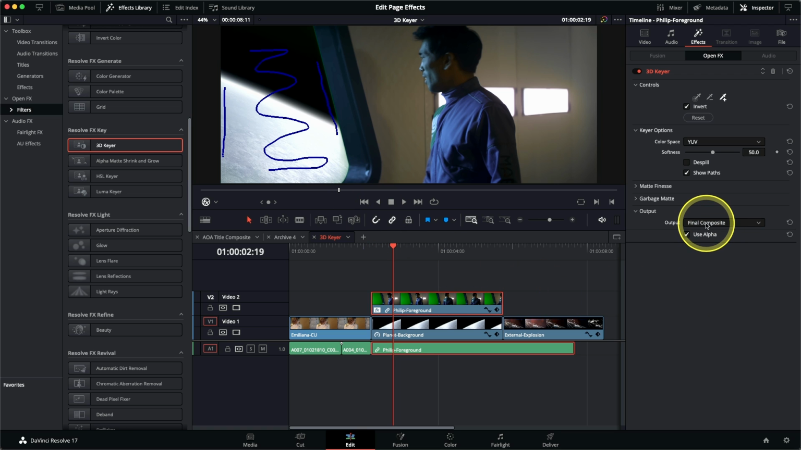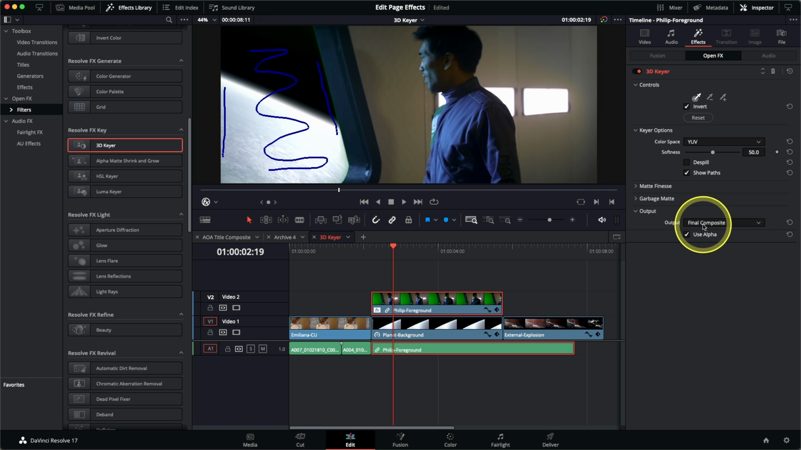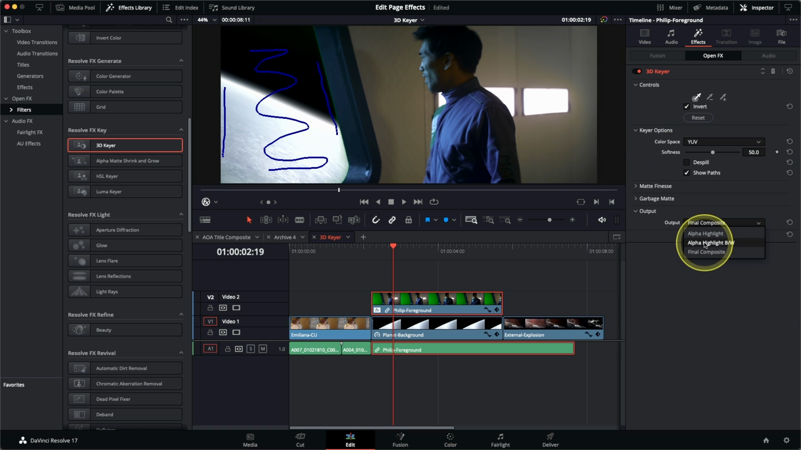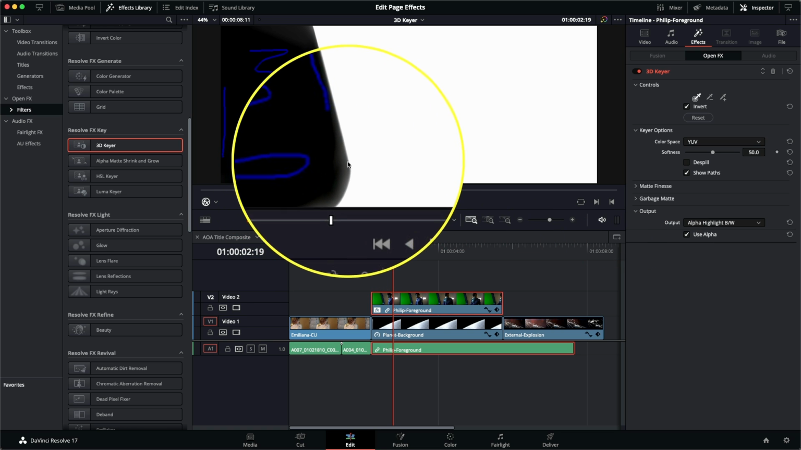In the inspector, find the output controls and change the output pop-up menu from Final Composite to Alpha Highlight Black and White. This actually shows us which areas of the image are solid, which are represented in white, and which areas are transparent, represented in black. You can see I've still got a little bit of fringing around the edge of the